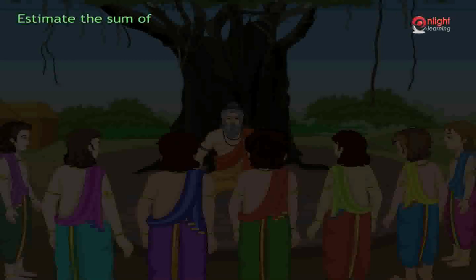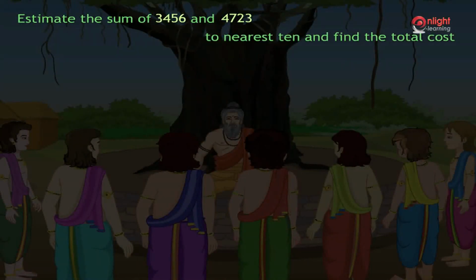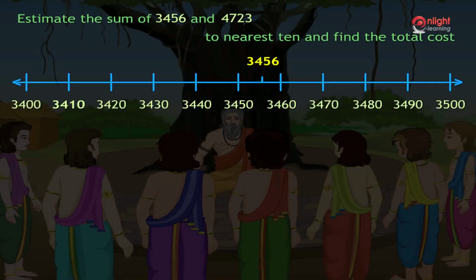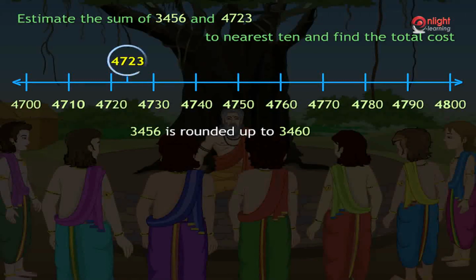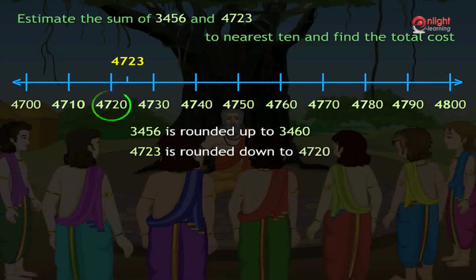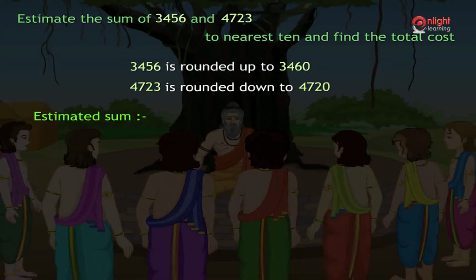Estimate the sum of 3,456 and 4,723 to nearest 10 and find the total cost. 3,456 is closer to 3,460, so it is rounded up to 3,460. 4,723 is closer to 4,720, so it is rounded down to 4,720. Now, to find the estimated sum, we add